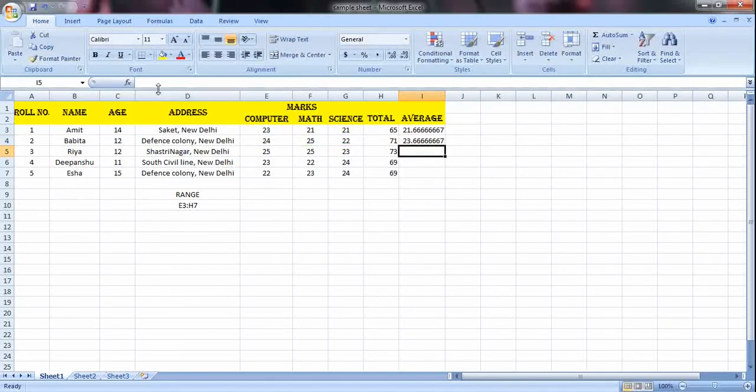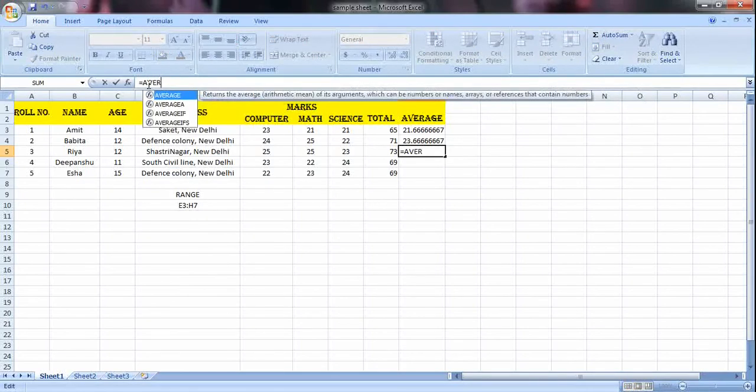Then the last way is using the function called average. So simply write average and write the range. So the range is from E3 to G3.